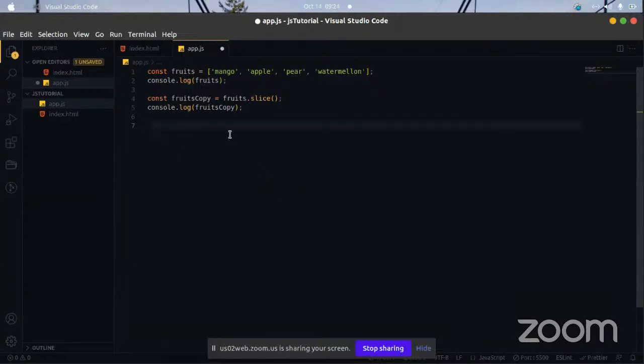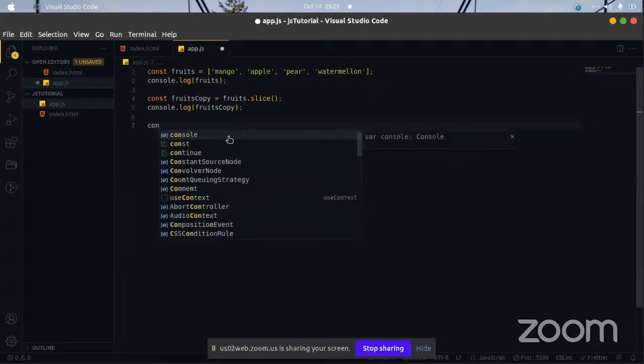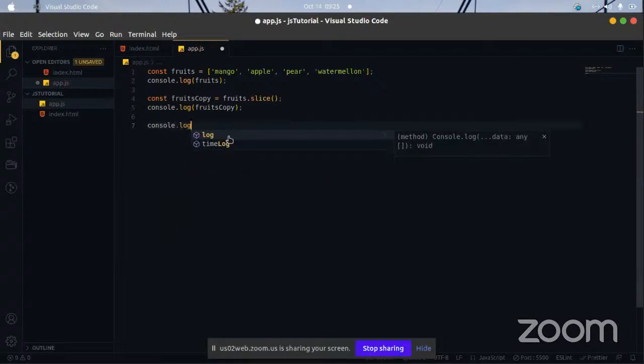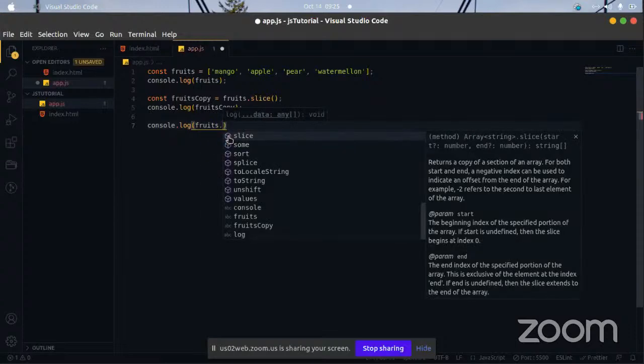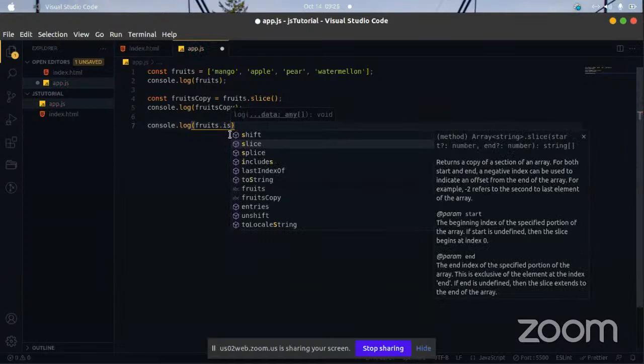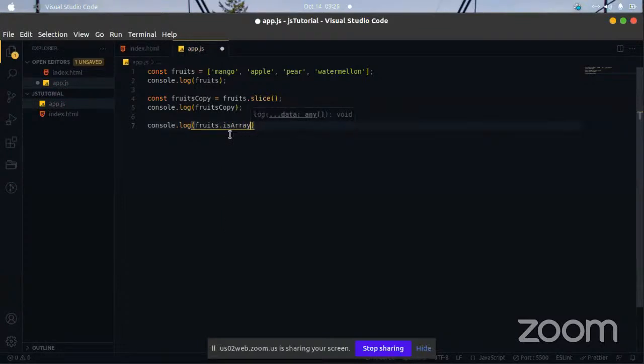All right. So let's say we want to check if there is apple in the fruits array. So we could just console.log. All we'll do is we'll call the array we want to check, that we want to reference, which is fruits dot. The method we are using is array, and then we'll check for that particular one.